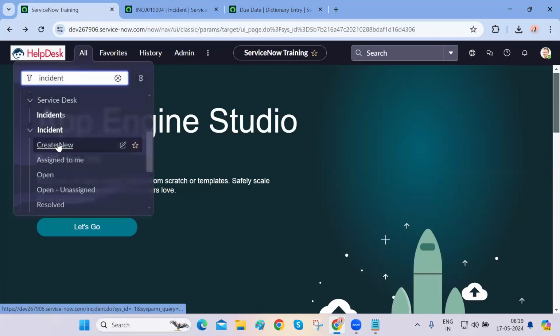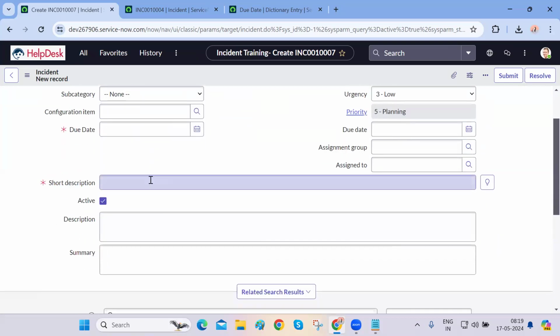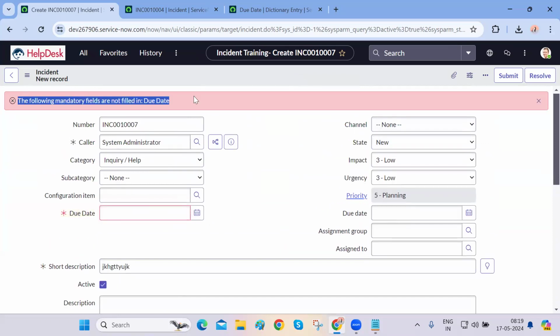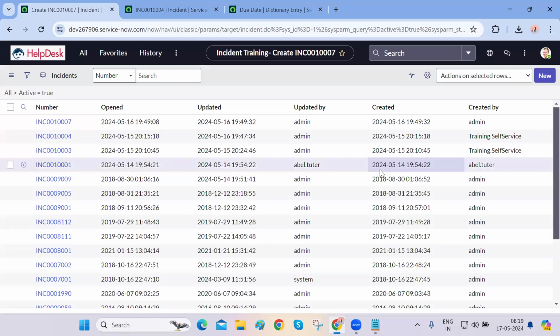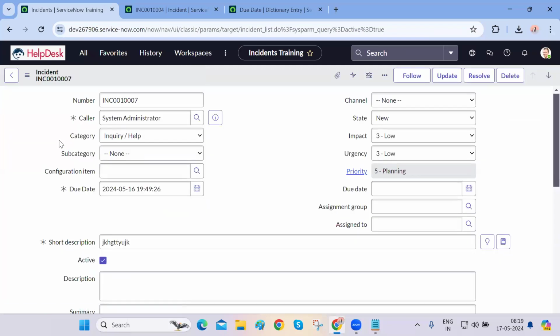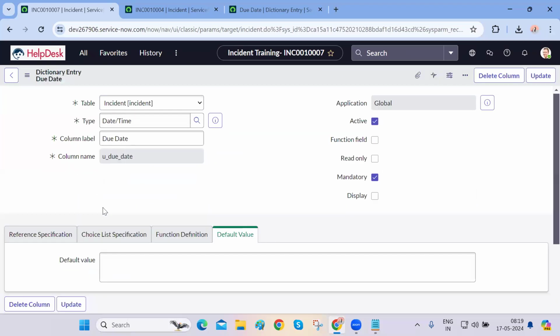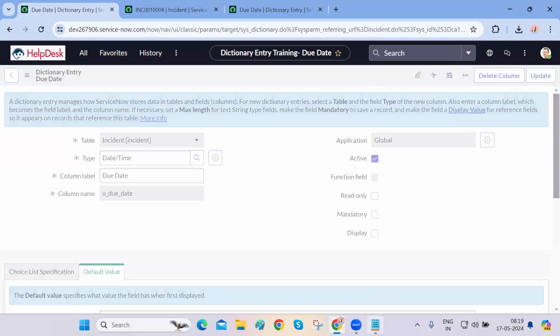How? Incident, create new, and I have filled caller and the description, but I haven't filled due date. This was mandatory, so the system will not allow me to save, and it automatically gives me an error saying that this particular field is not filled. Please fill it. That's how we can make it mandatory and non-mandatory. If you want to make it non-mandatory, you can do the same thing: configure the dictionary for that specific field. Right click on that field, configure dictionary. You can directly go to that field's dictionary, make it non-mandatory again and do a save. So the question was using form